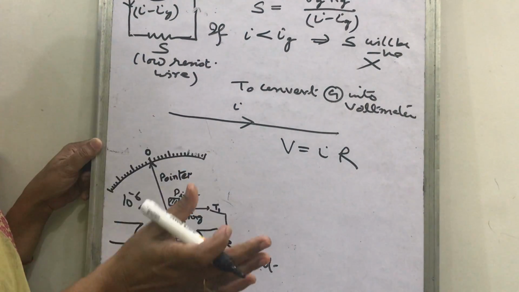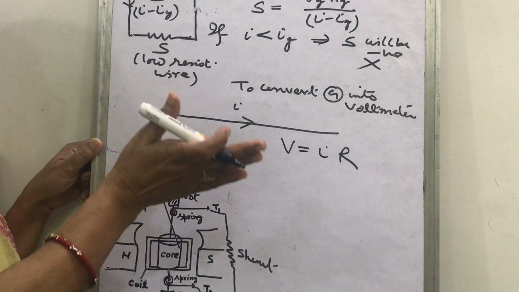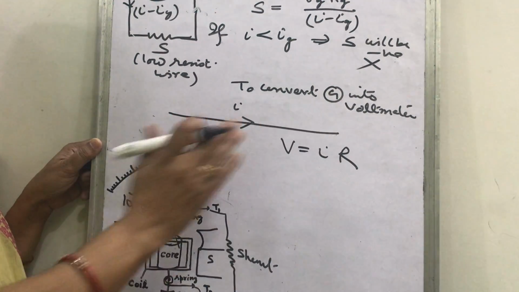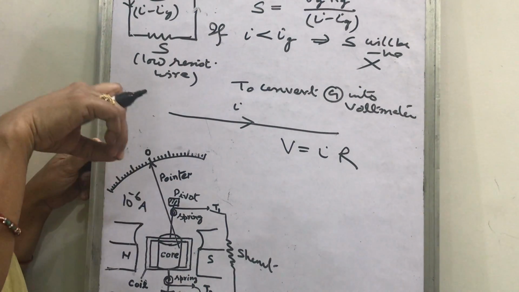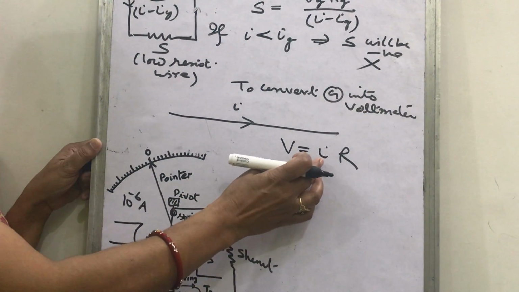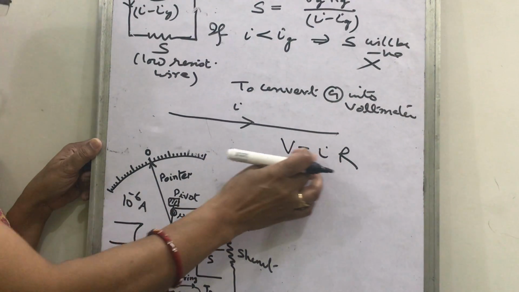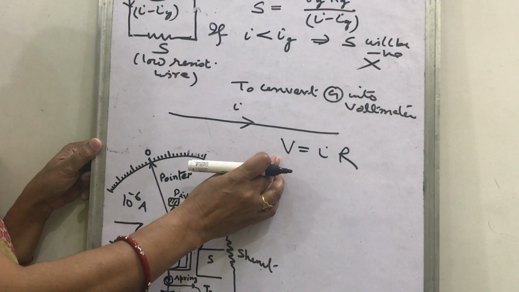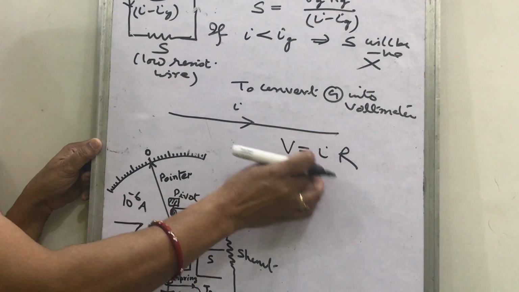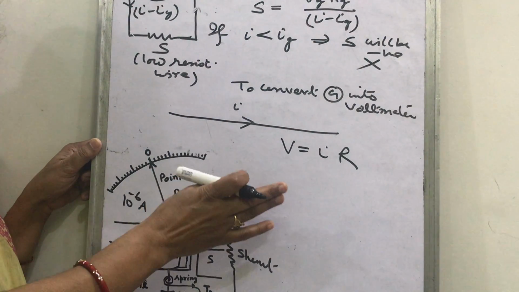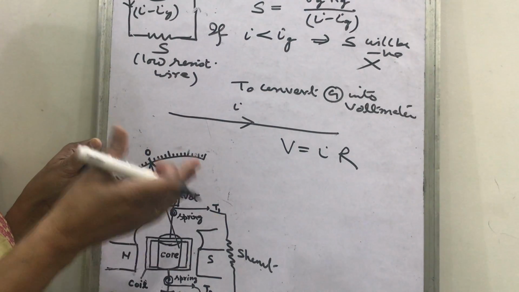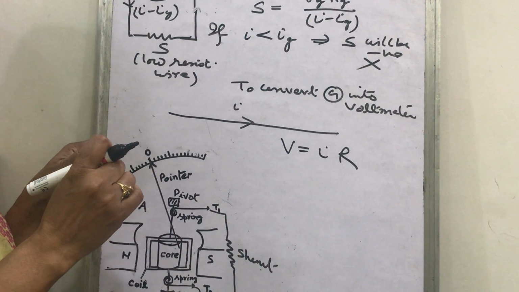One thing: the voltmeter should have its own resistance very large, so that it can draw the least or a very little amount of current, because total I into total R will be the potential difference across these 2 points. So I should not become less. The current I will not decrease when the resistance of the voltmeter is very large.